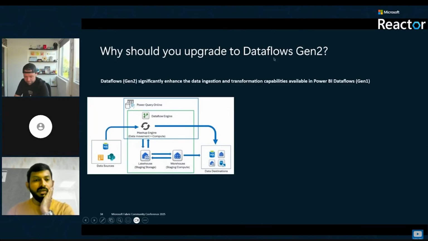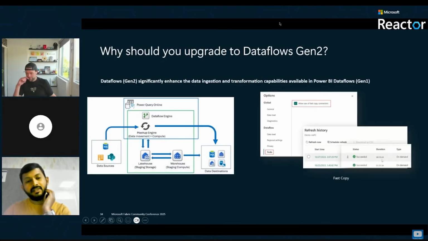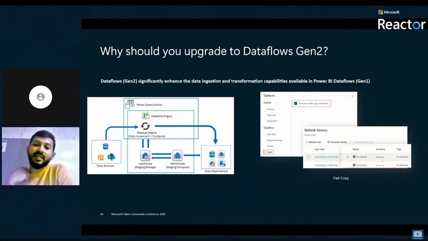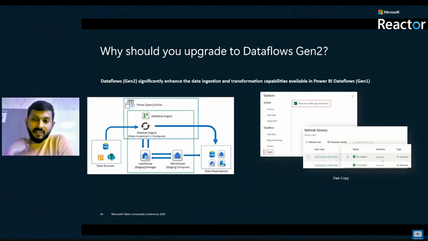Great. Thanks, Joran. That was a great overview of the latest capabilities and enhancements in Dataflows Gen2. In this section, we'll go through the upgrade pathways. Probably in this slide, where we cover why should you upgrade to Dataflows Gen2, right? Simply put, Dataflows Gen2 is the new generation of Dataflows. It offers advanced features and more streamlined experiences as compared to Dataflows Gen1. It enhances the data ingestion and transformation capabilities, providing greater scalability, flexibility, and integration within the Fabric ecosystem,